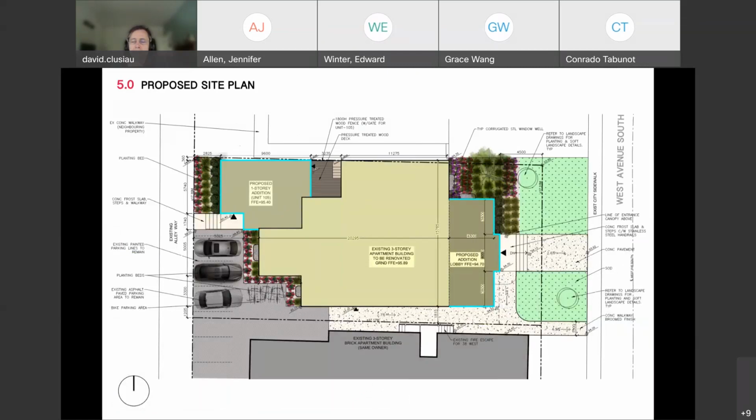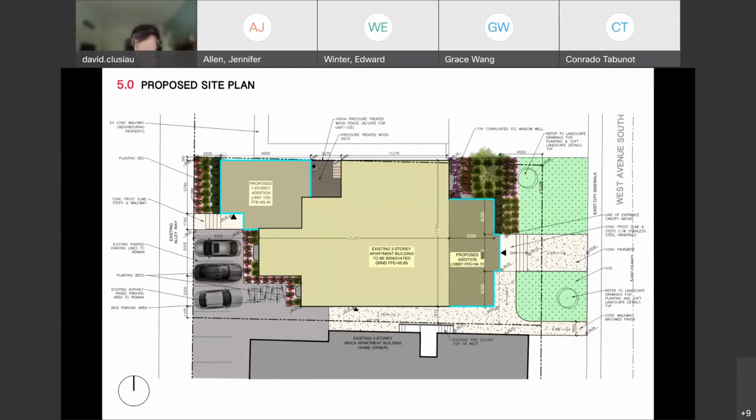So this is our proposed site. Access to the principal entrance is comprised of 2 concrete walkways, one at the center leading directly to the principal entrance, and one at the bottom south, which connects into a sloped walkway which leads into the principal entrance, suitable for barrier-free access. At the back of the building, we're trying to maintain the 3 existing parking spaces.